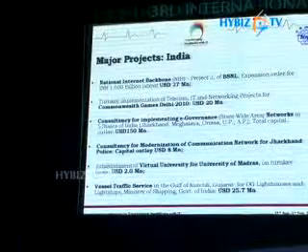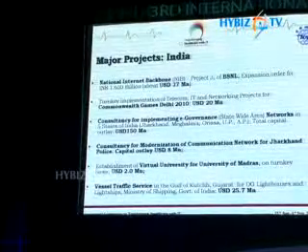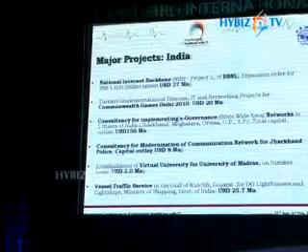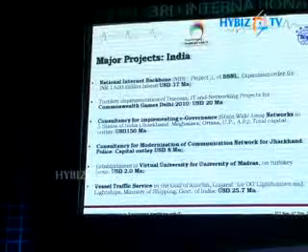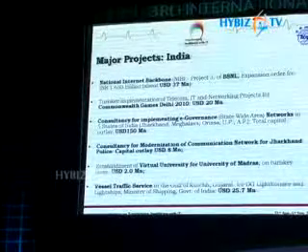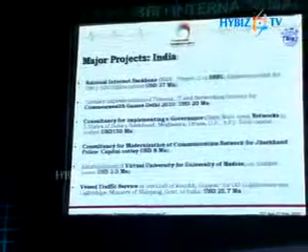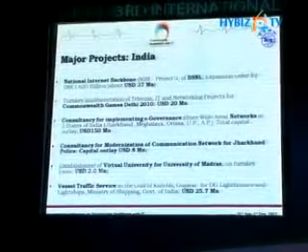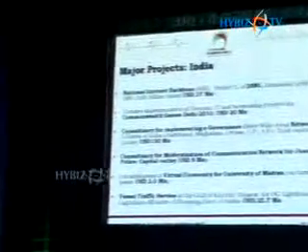Then projects within India: National Internet Backbone Phase 3 of BSNL, then turnkey implementation of telecom, IT and networking projects for the Commonwealth Games Delhi 2010, consultancy for implementing e-governance projects, that is statewide networks for 5 states, then consultancy for modernization of the communication network for Jharkhand Police, then setting up of a virtual university for the University of Madras, then vessel traffic